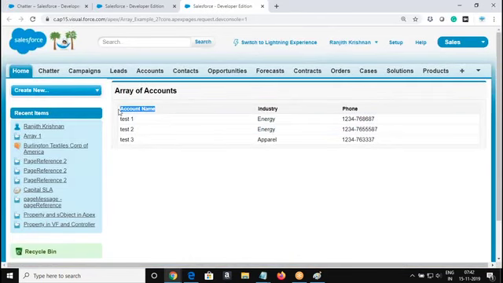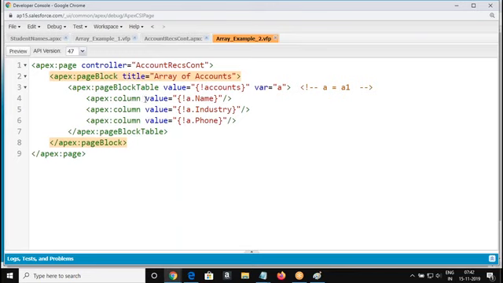How are we able to bring the label here? It's a property of the column component. When it's a child of page block table, and you are referring to a Salesforce object field, by using page block table and column it will display the label automatically. Got me?